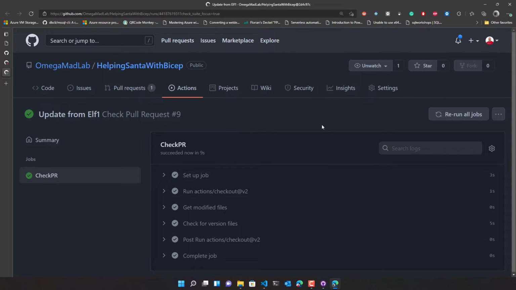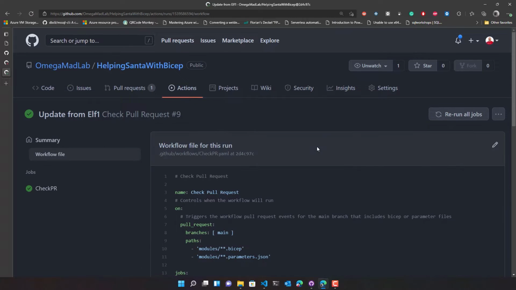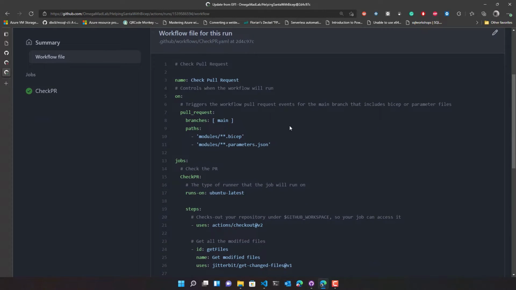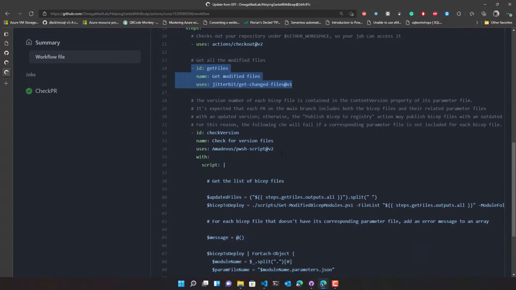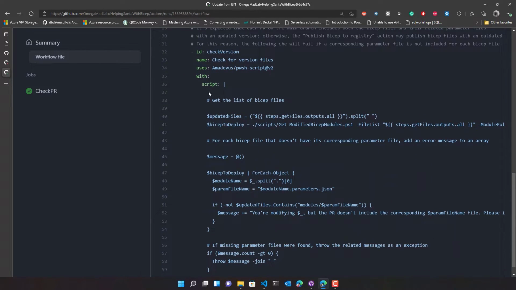Okay, this one is quite fast, and this pipeline is triggered by pull requests that occur in the main branch and looks for Bicep and parameter files modified inside the modules folder.